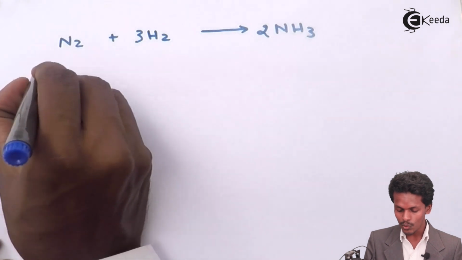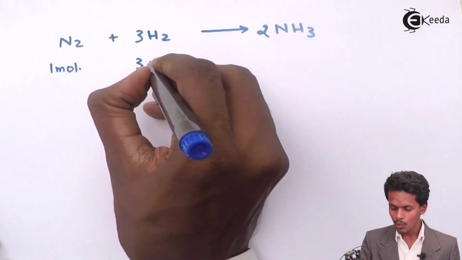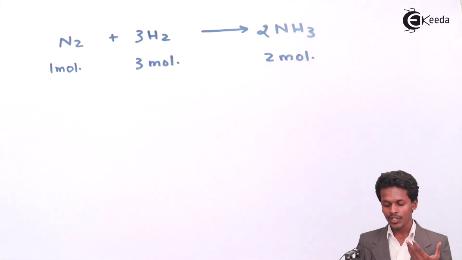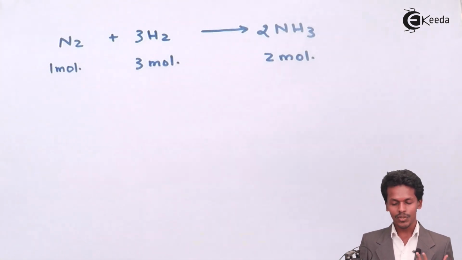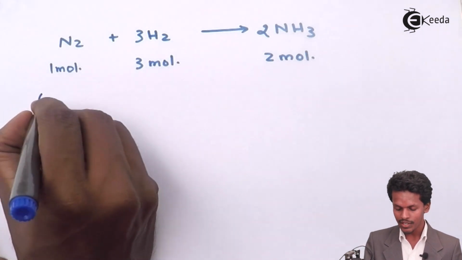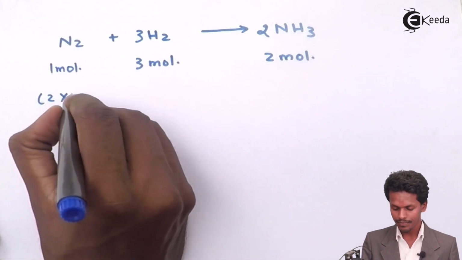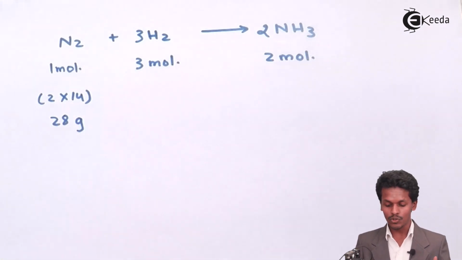As I could see, there is only 1 mole of nitrogen being used, 3 moles of hydrogen being used, and we get 2 moles of ammonia, that is 2 moles of NH3. All of these are in the gaseous state. So 1 mole of nitrogen gas has a value of 28. How? It is very easy to realize: the number of nitrogen atoms is 2 and the atomic weight of nitrogen is 14, which makes 28 gram of nitrogen that should react with